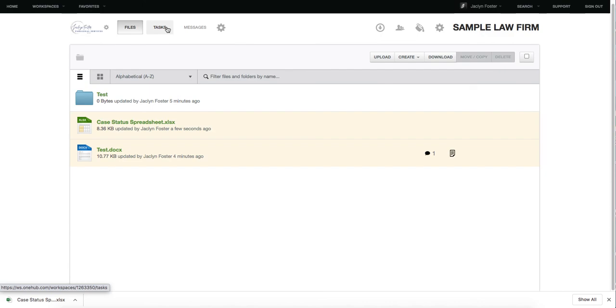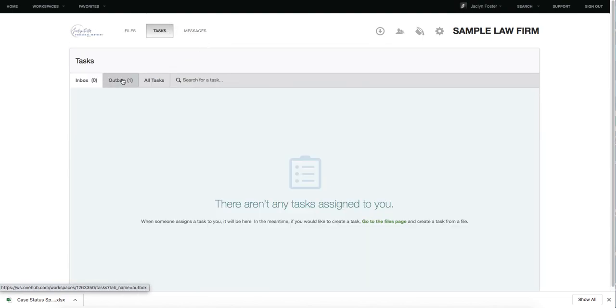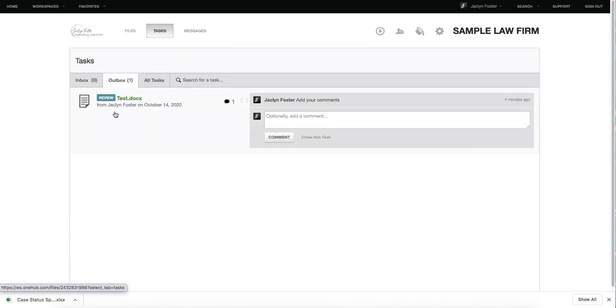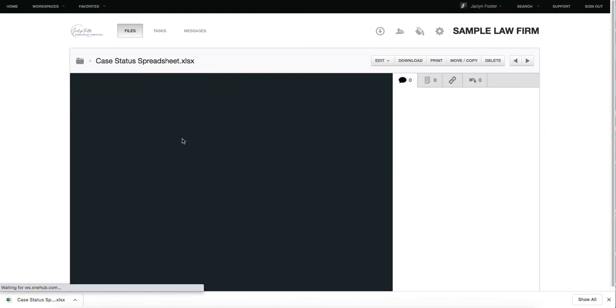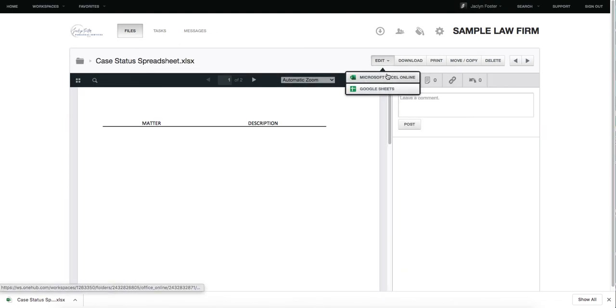So that's the overview of OneHub. There's not much to learn on it except for the three major features on how we can go back and forth on tasks. Now, the task feature, that's going to definitely be preference on firm if that is the efficient way to delegate work. The other way is to simply make sure that you're adding and updating this spreadsheet here,